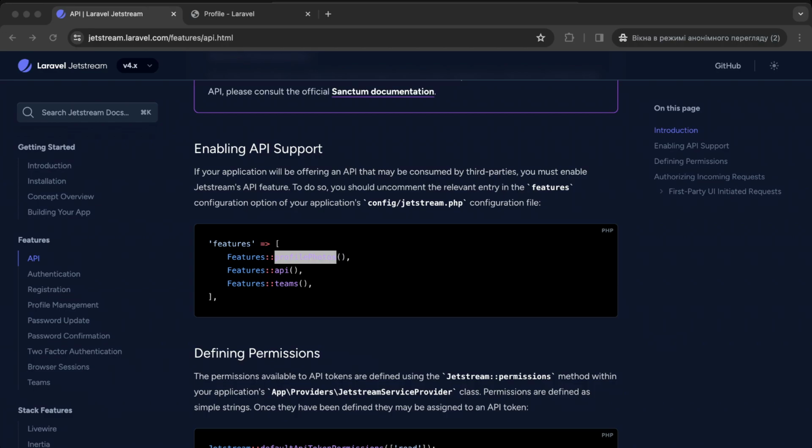So that's all for this video. It was really short, only maybe 12 minutes, but that's all that I wanted to show you, because in other videos that I will record soon, we will create a new Laravel application using Jetstream, and you will see practical examples of using this cool library,